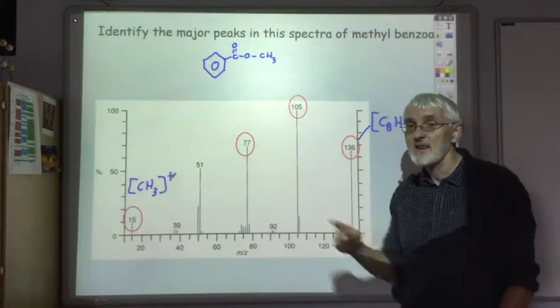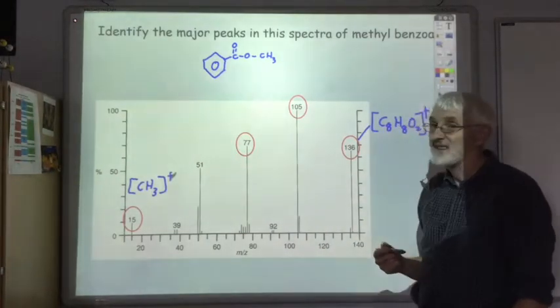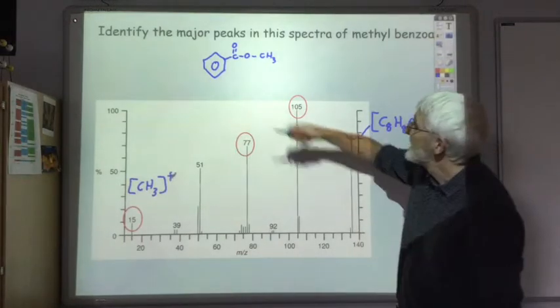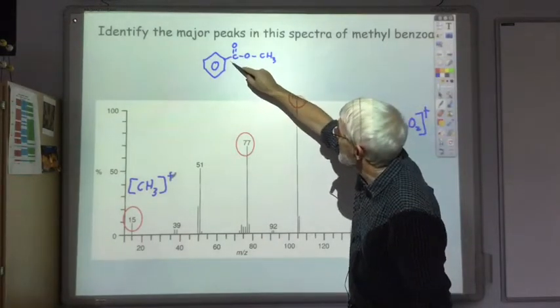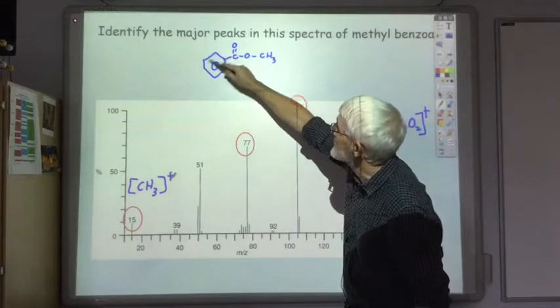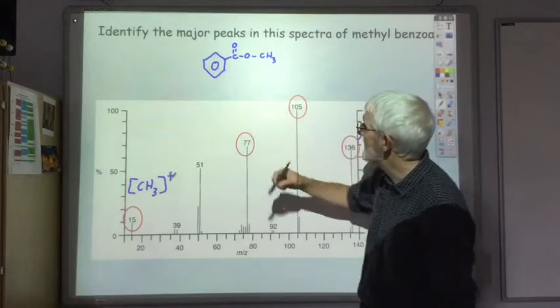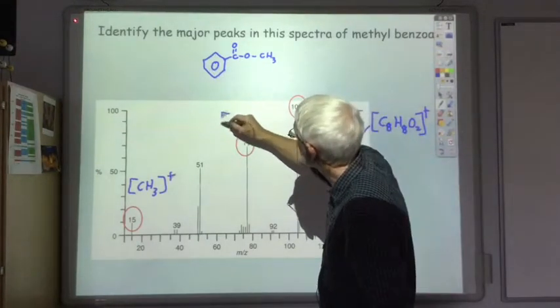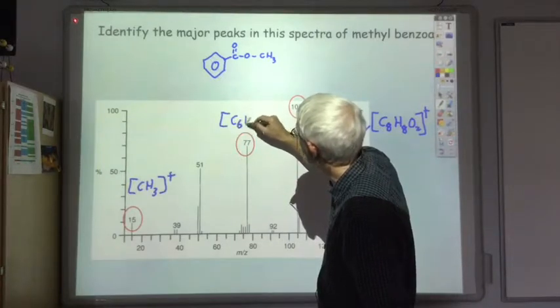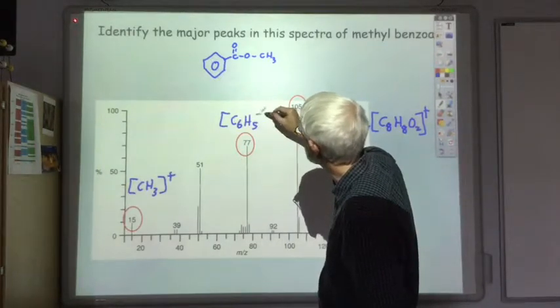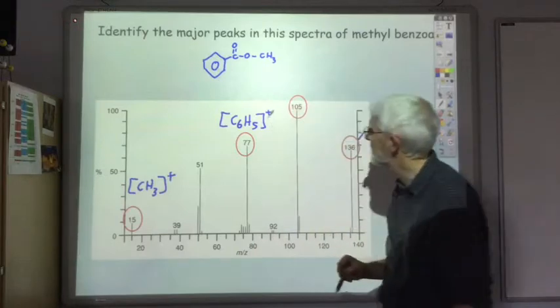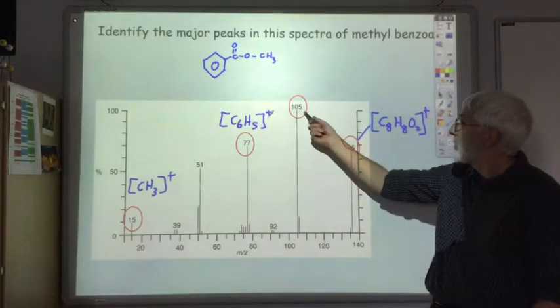The 77 is quite a common one. The 77 is the phenyl group. So that would be if you broke that bond there, leaving you your 6 carbons and 5 hydrogens. So the 77 would be caused by the C6H5+ group. The 105,